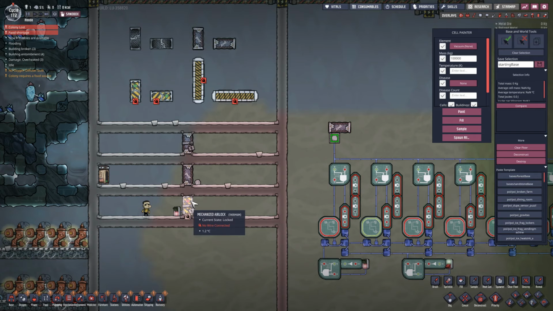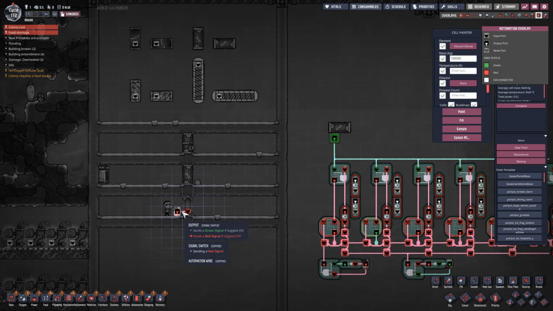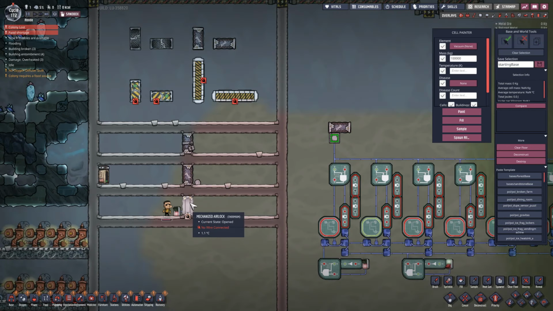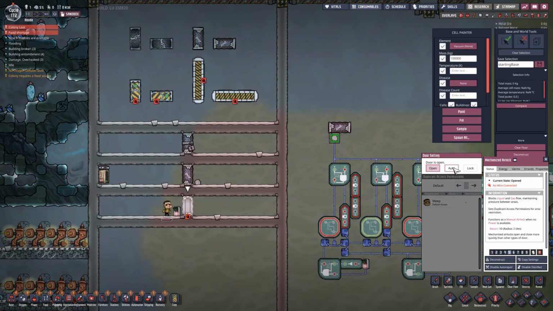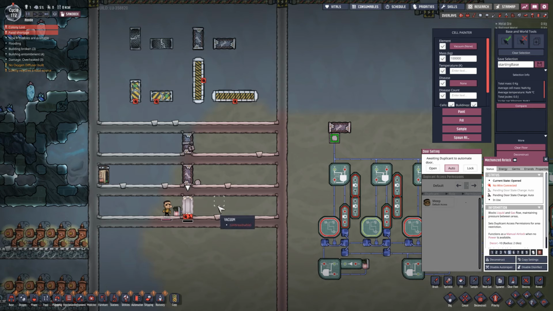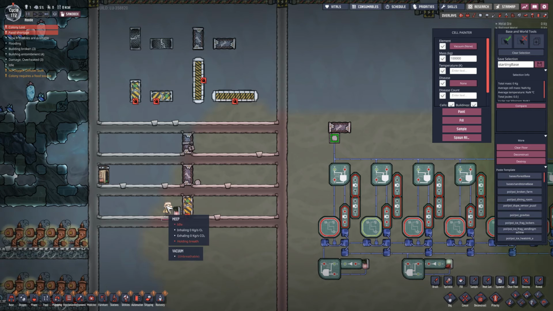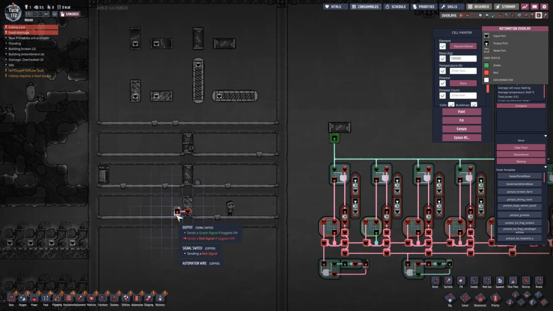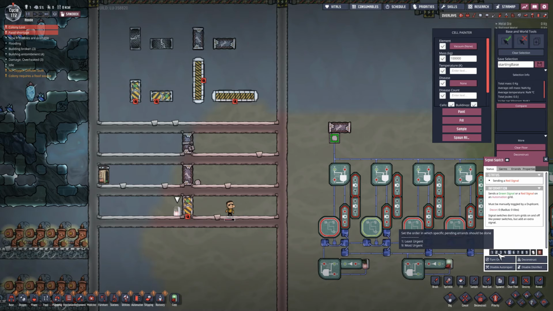If I spawn in a duplicant and instruct them to open this door, they can do so even though the automation signal would imply that the door should be locked. If I then instruct that duplicant to change the door to an automatic setting, and the door closes, they can still move through the door even though the automation signal is red. If, however, I change the automation signal,